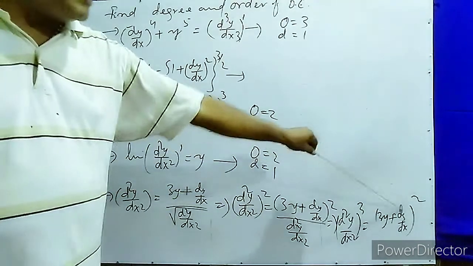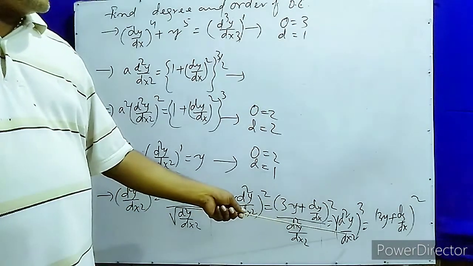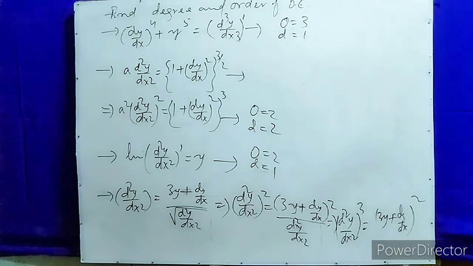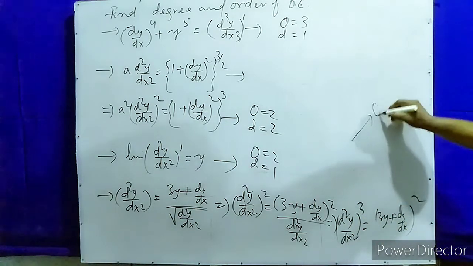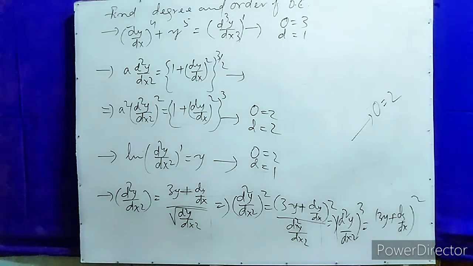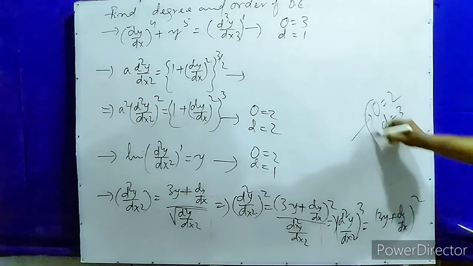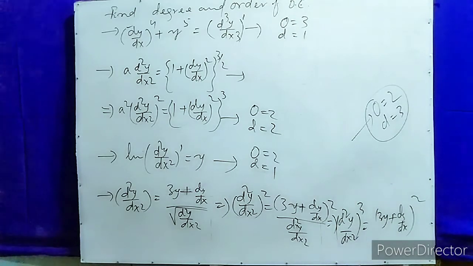Now here is one differential equation. The order of the differential equation is that of d square y by dx square, the second order, because dy by dx is the first order and this is the second order. Which one is the order? The second order. So the order of the differential equation equals 2. On the highest order, what is the power? The power equals 3, so the degree equals 3. In this way you find the order and degree of a differential equation, using this format. Later we will discuss more about differential equations.